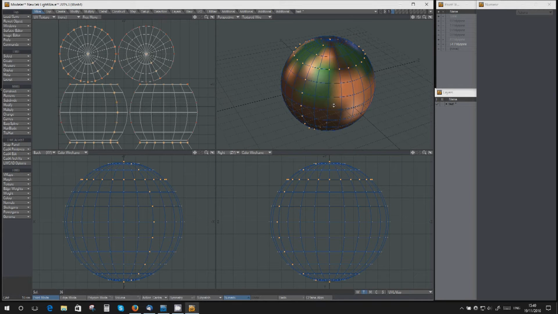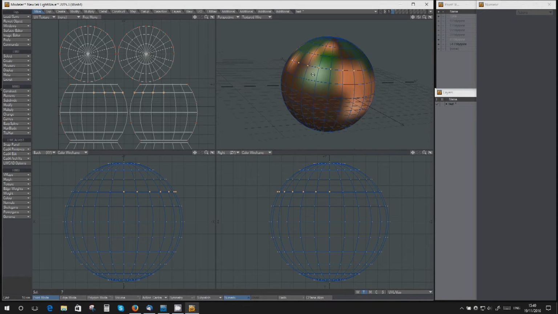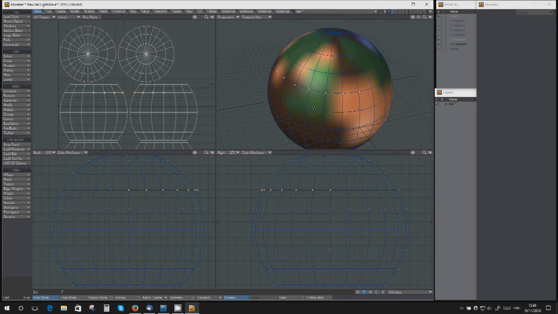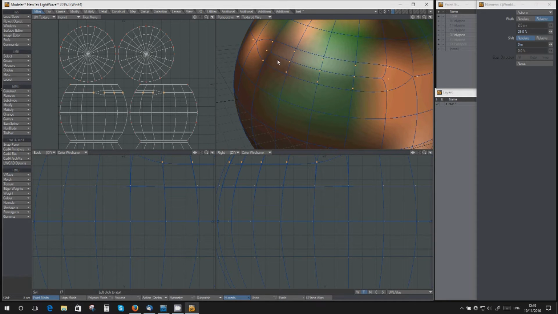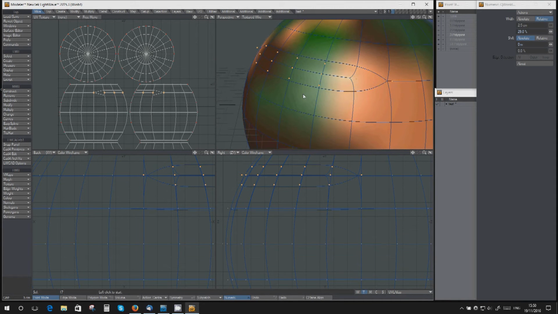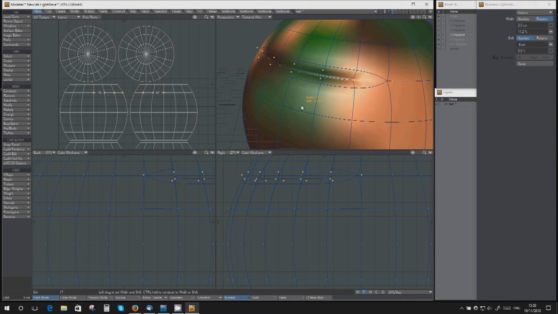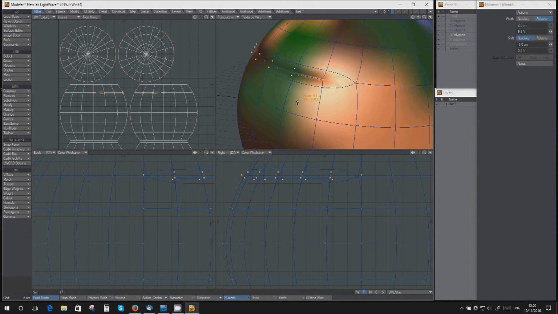So this is Qwrinkle, and basically what it does is if we just select some points, it works in point, polygon mode or edge mode. We just activate it. You can see here it's taken the points that we selected and it's surrounded them with a quad polygon mesh. So it's mainly there to add detail to things, so you can basically add wrinkles, having it indented or outdented,